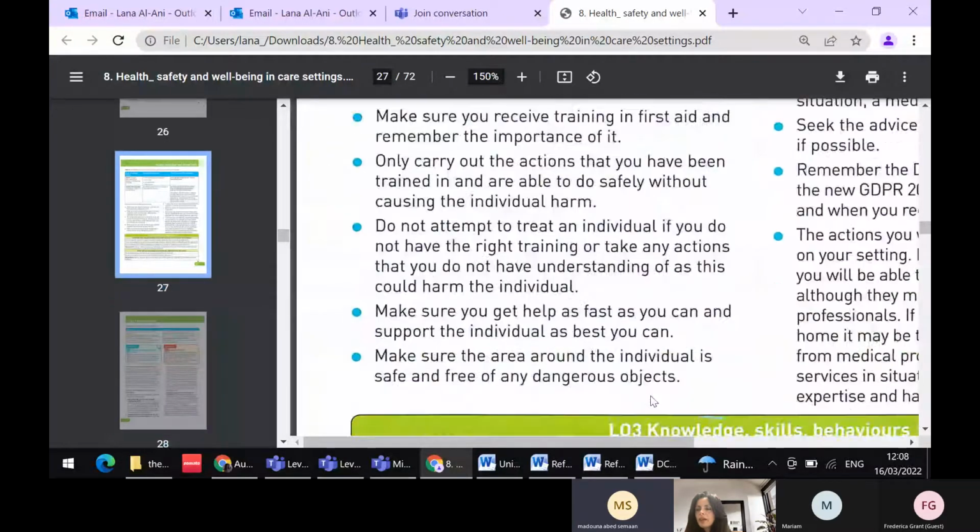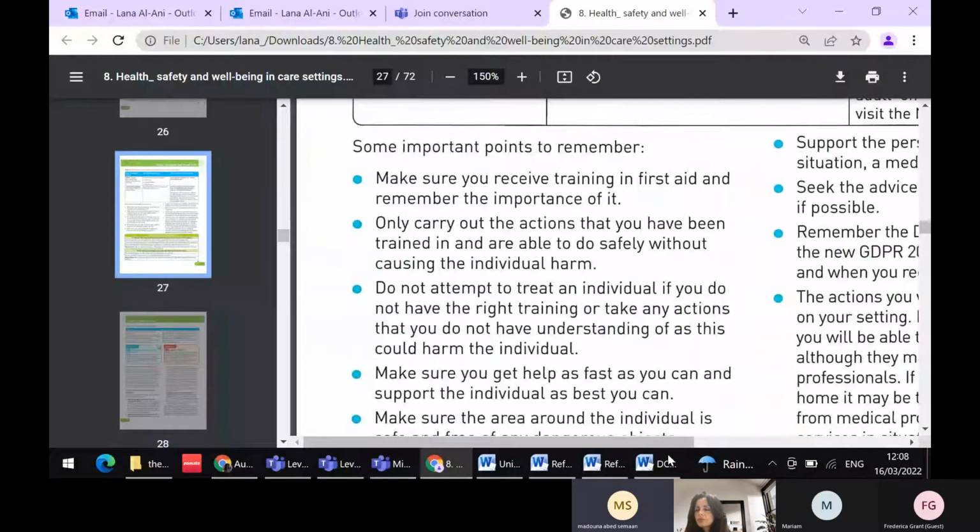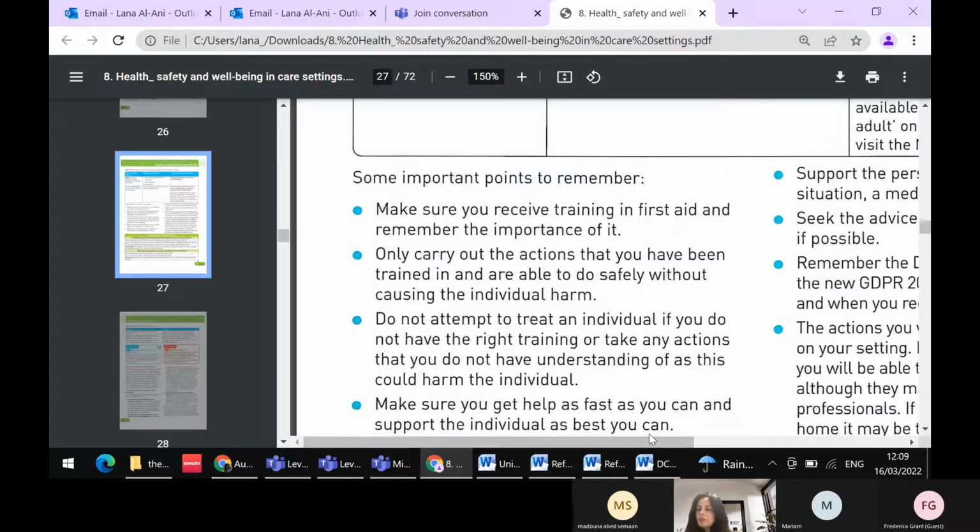What else do we think? The visitor. Very good. If the visitor does not wash their hands properly, that will cause infection. If they have any illnesses not being checked for, like COVID, they will spread the infection. If you haven't got proper training about how to handle first aid, maybe that will spread infection. Any other things you might think of?